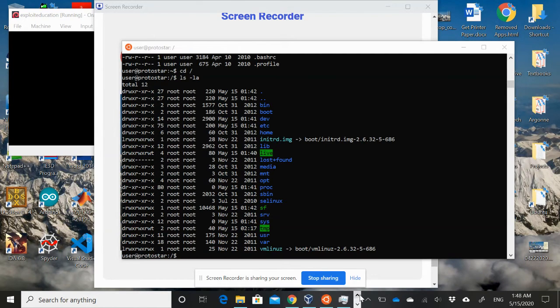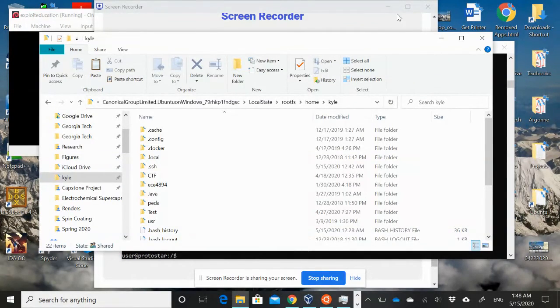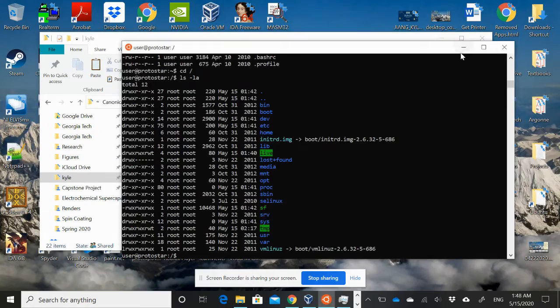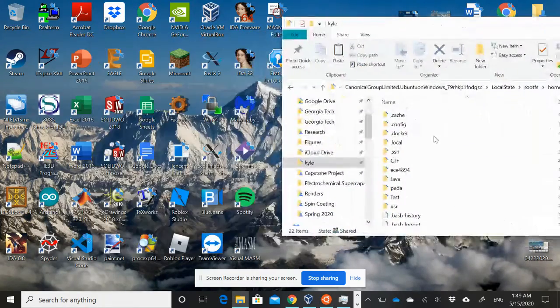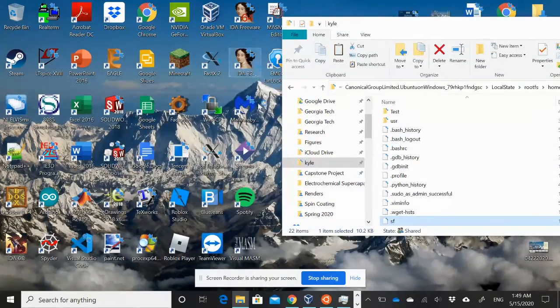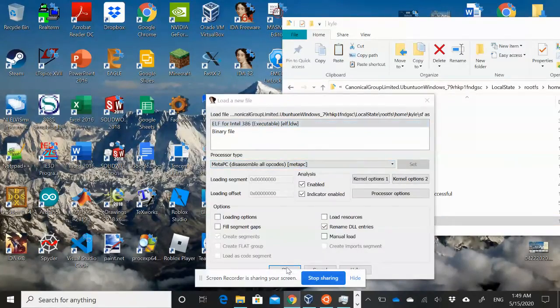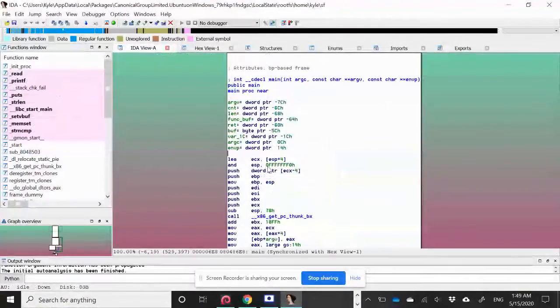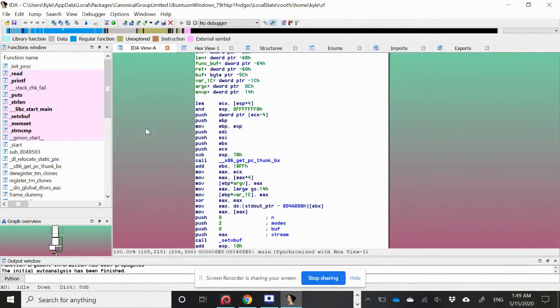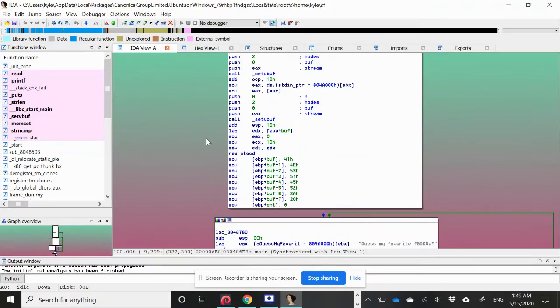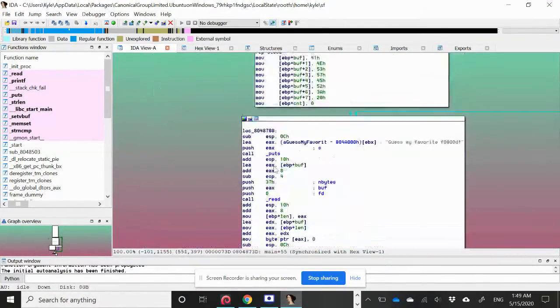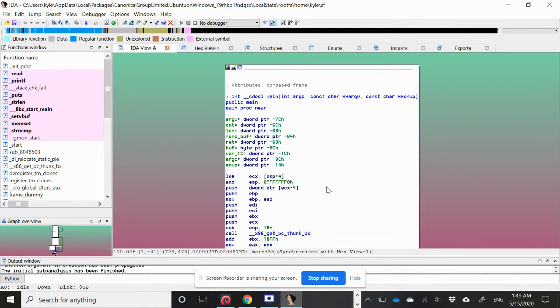What does the binary look like? Well, let's take a look. We're going to drag this into IDA. So we'll bring it over and drag it down like this. As you open the binary, you can see a lot of things going on. The disassembly looks quite busy compared to the ones that we've been seeing with Protostar, but